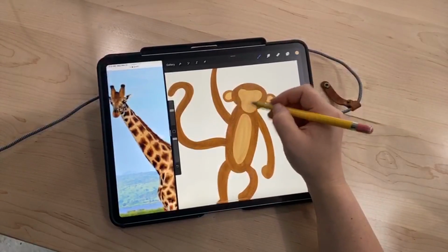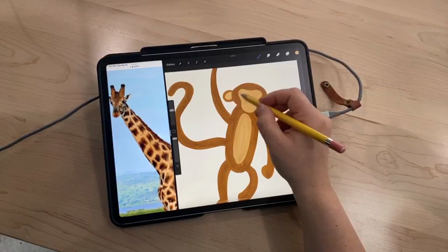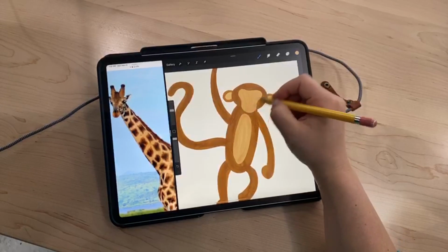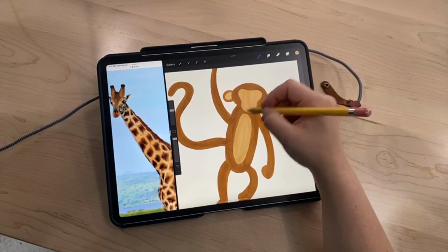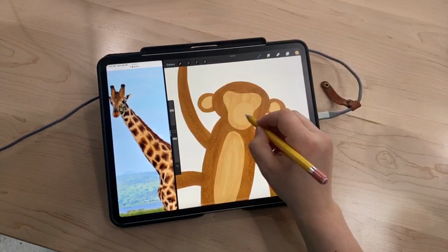And if you make too many strokes and it looks yucky or you don't like it, you can just paint over it with one continuous stroke, and that really reduces the amount of strokey texture a lot. So I'll show you that one more time. So if I was like, it's too many, it looks too brush strokey, if I just draw with a